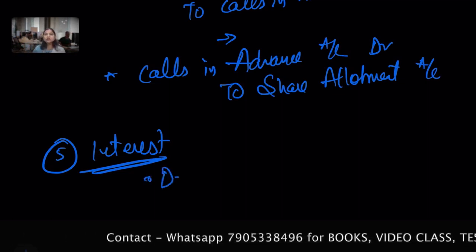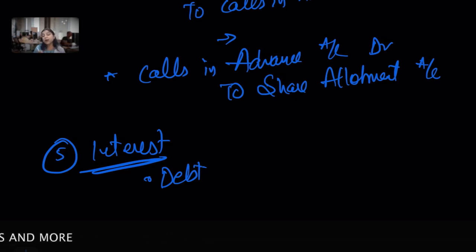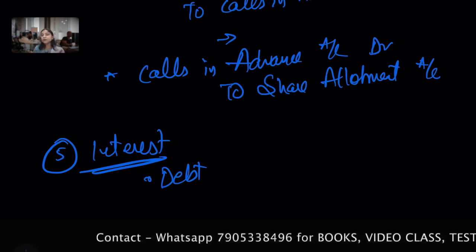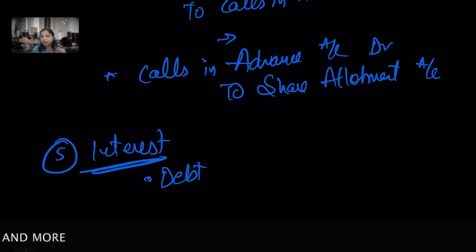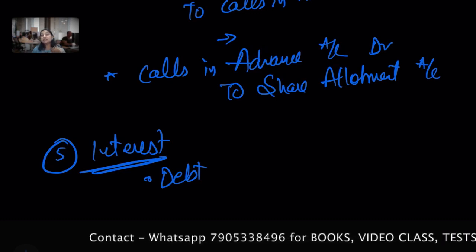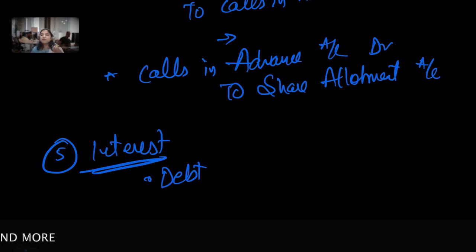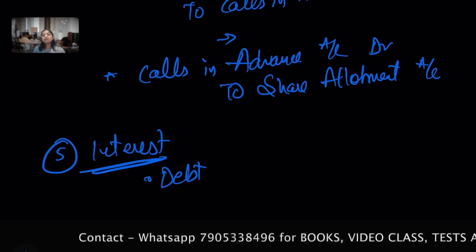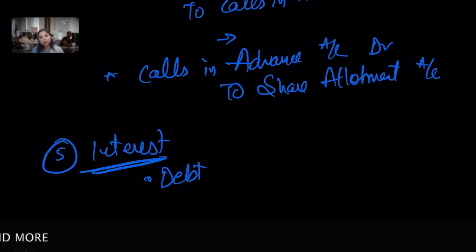So I hope you get that calls in advance is a debt for the company. Please do not memorize, try to understand why it's a debt of the company, because I received the amount from you well in advance, it's not due yet. Okay, so I received it from you, so for me, a company, it's a debt, a liability on me. Okay, so it's an amount which I received in excess as calls in advance, so I have to pay interest from the date I received it from you till the actual date of calls due. Okay, actual date of payment. However, the articles of the company should specify the rate of that interest which is applicable on calls in advance.